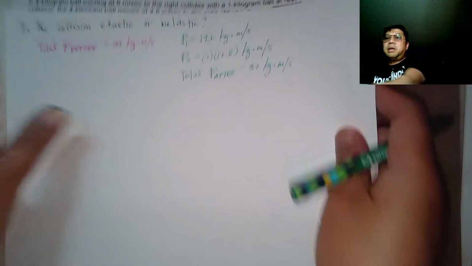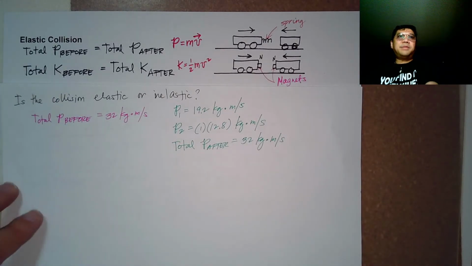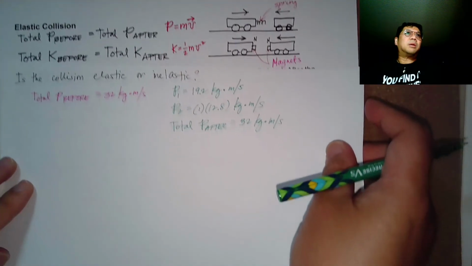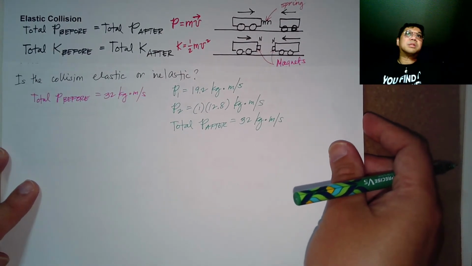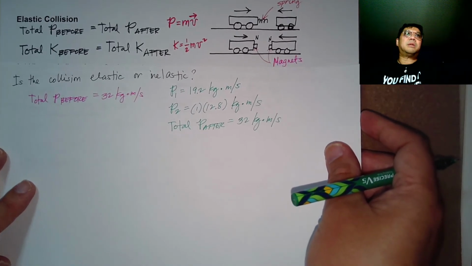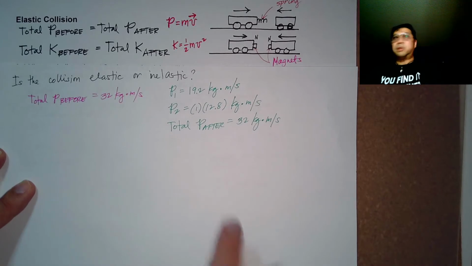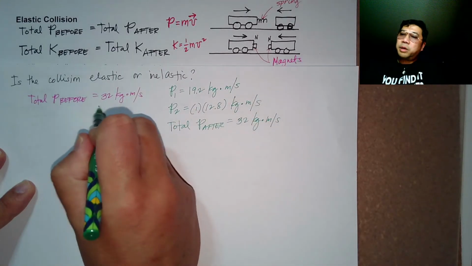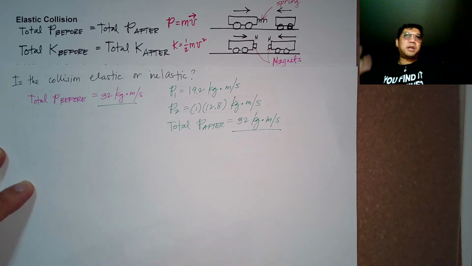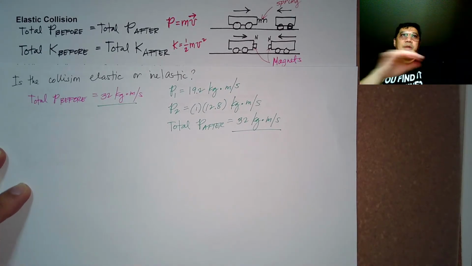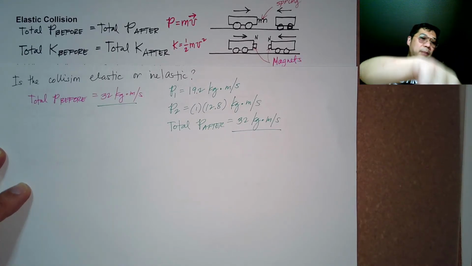However, just like in the previous video, it was mentioned that in all collisions, provided that there's no external force affecting the system, the momentum will be conserved. Right here, it's already conserved. It's 32 kilogram meters per second in both cases. So in terms of momentum, we're good. Now let's figure out what happened in terms of